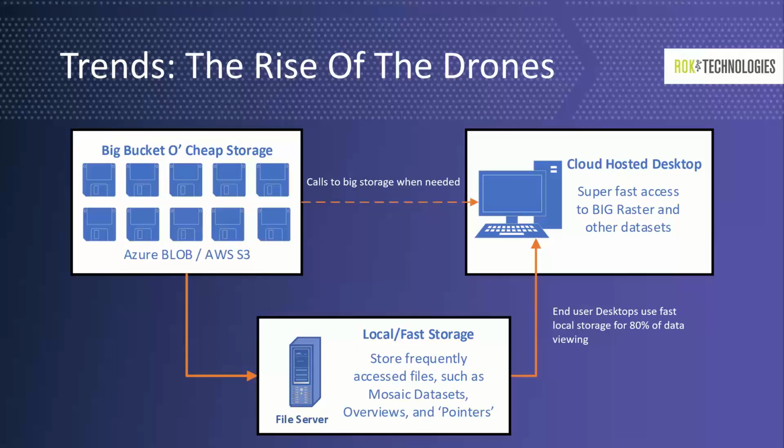So next, to be able to utilize that imagery, we would create a mosaic dataset on our file server. This file server will be in our office or in the cloud, right next to your brand new virtualized desktop. So in this mosaic, we would use a simple cloud storage connection to add those raw images to that mosaic dataset. We can add all of our uncompressed imagery to this new mosaic that is sitting locally on the file server. Size doesn't matter, gigabytes, terabytes, doesn't matter. So then we would build our